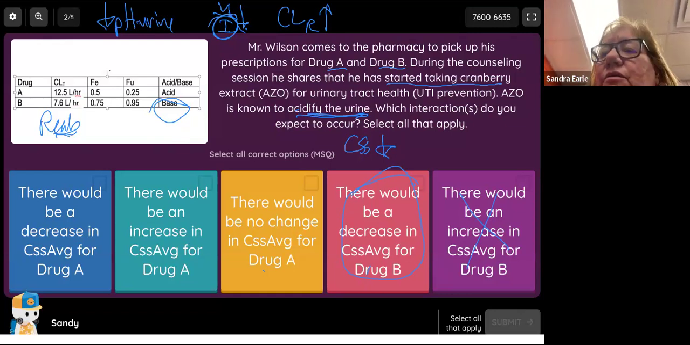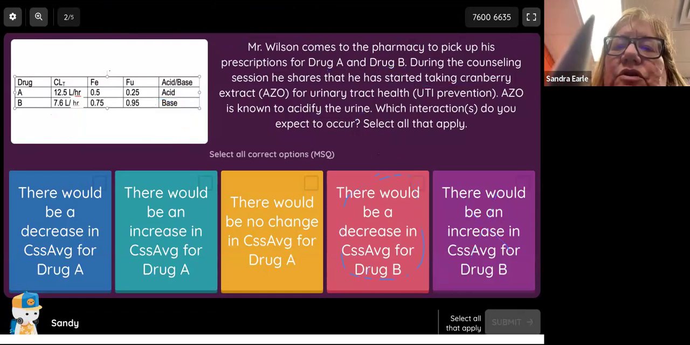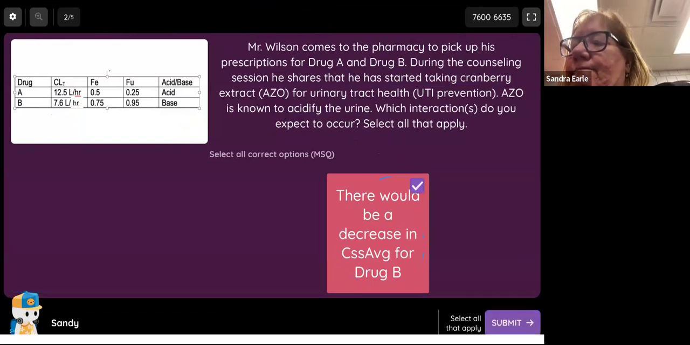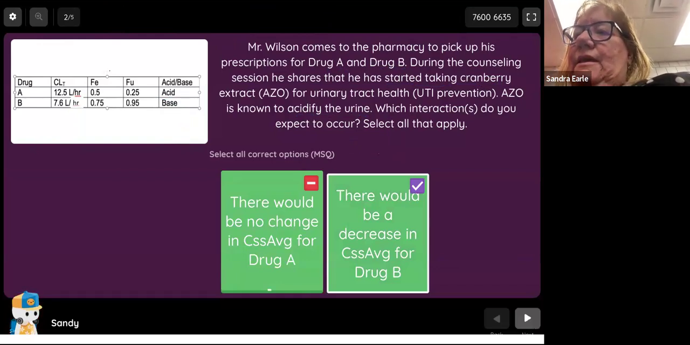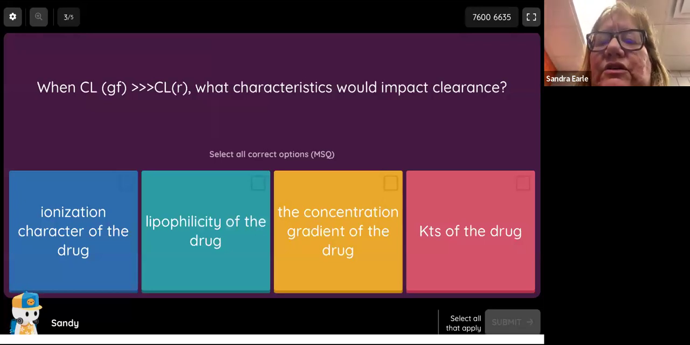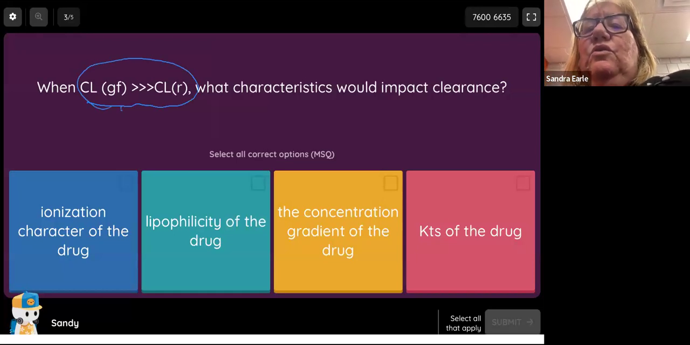All right, now I'm gonna get rid of all those drawings, and then we're gonna move to the next question. Okay, that's the correct answer. All right, now when glomerular filtration clearance is greater than the renal clearance, so what's coming